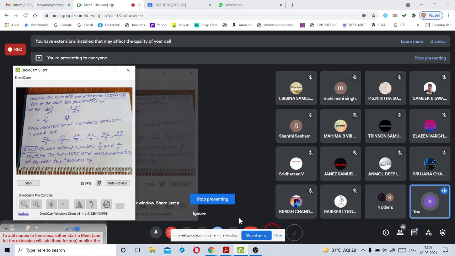Tell me, Sridarshan, by which number should we multiply the numerator? Yes, sir, 6. Yes, very good, my dear Janej. We multiply by 6. Then we get,